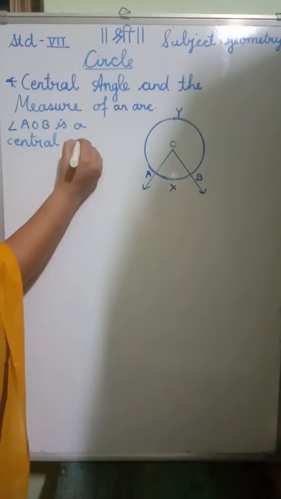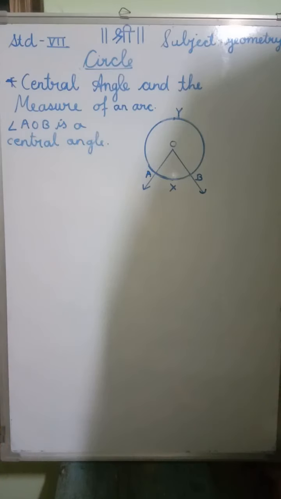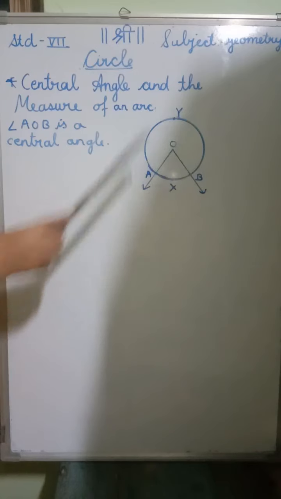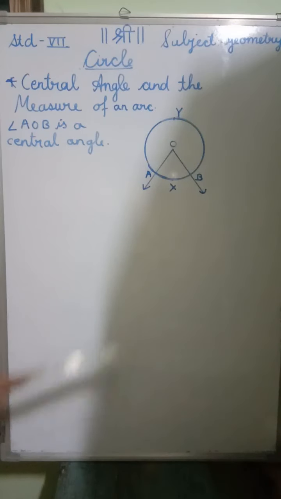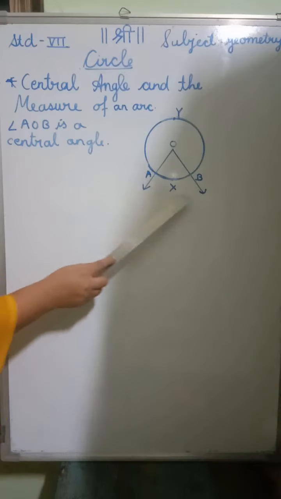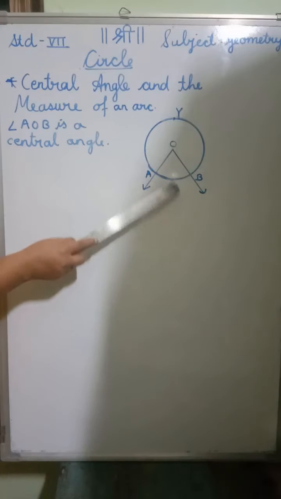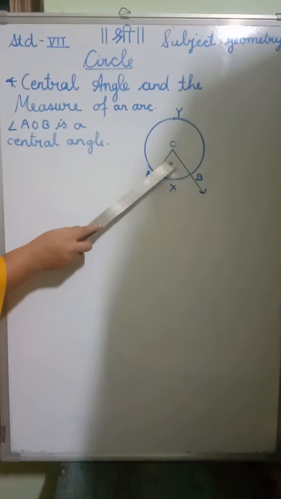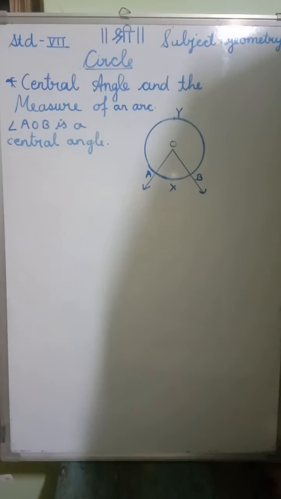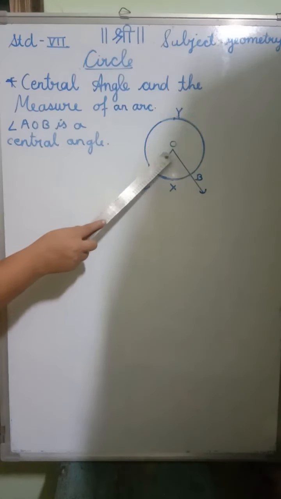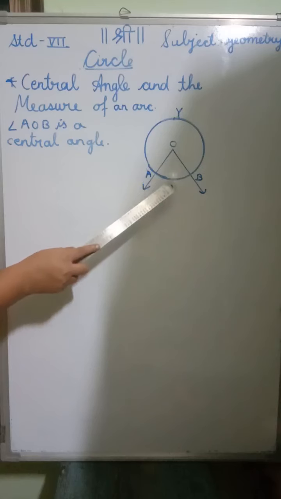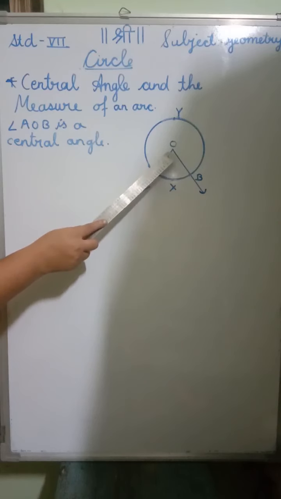Then what is a central angle? The angle whose vertex is the center of the circle is called a central angle. So in this figure, angle AOB is the central angle corresponding to arc AXB. Are they on the same side? So they both correspond to each other. Did you understand? Now let's start the next thing. Now, the measure of this angle subtended at the center, is it at the center?